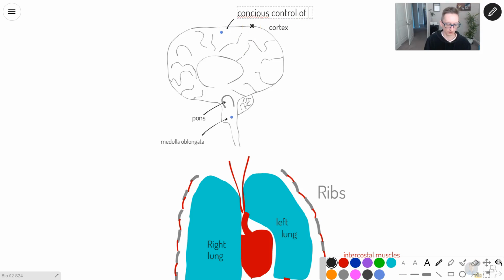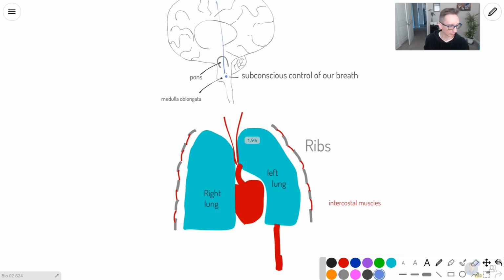conscious control of our breath, and subconscious control of our breath. So this will take over for us. Okay, so we can exert control over this part. But this part here will normally